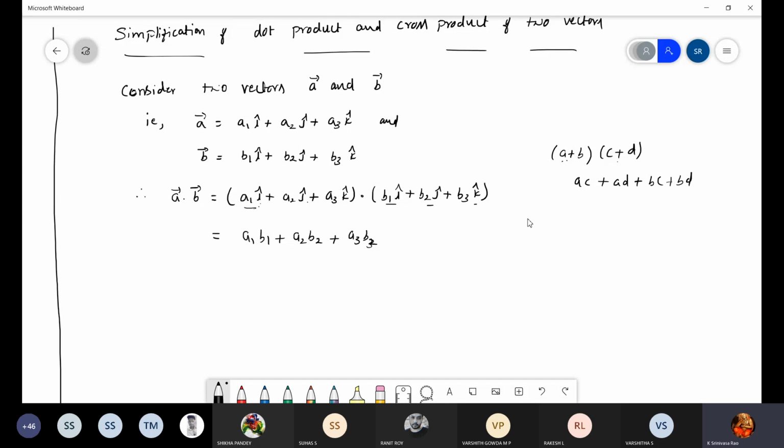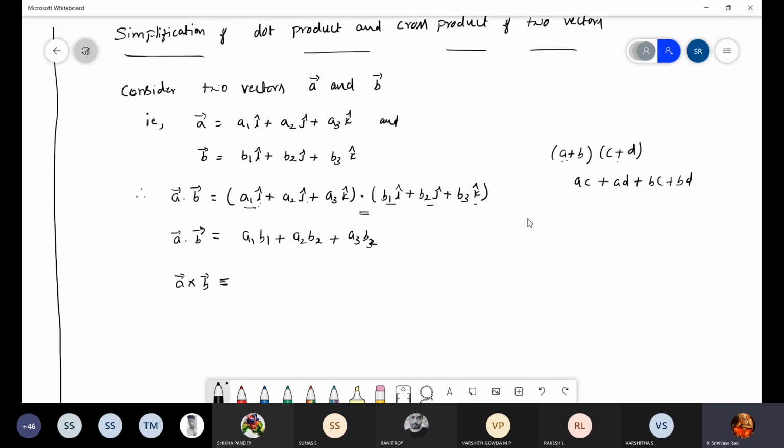Okay, take down this. This is vector A dot B. This is the answer. Vector A dot B equals just A1 B1 plus A2 B2 plus A3 B3. So what about A cross B? Don't write, I will tell you. A cross B equals, just wait. A cross B. Just assume in the above equation, in between if I put cross, so what happens?